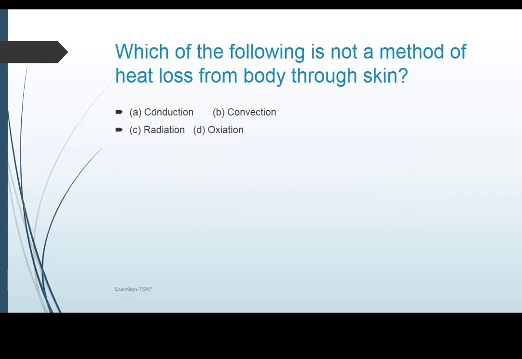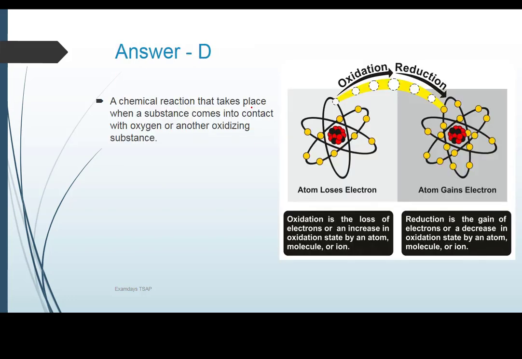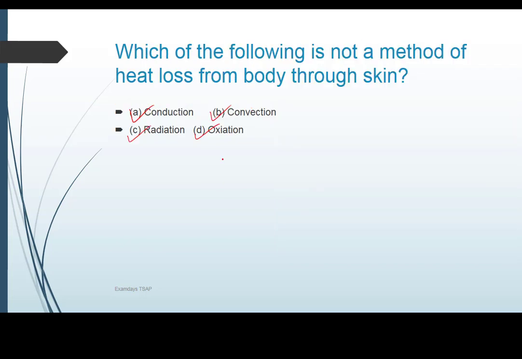Today the first question is: which of the following is not a method of heat loss from the body through skin? Your options: A, conduction; B, convection; C, radiation; D, oxidation. The correct answer is going to be D,